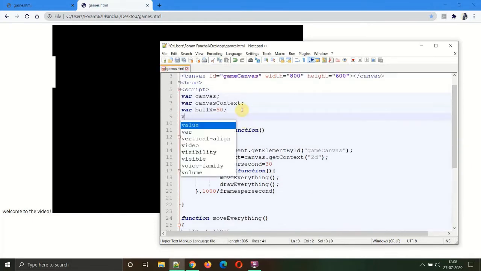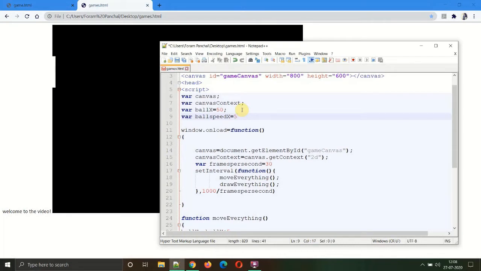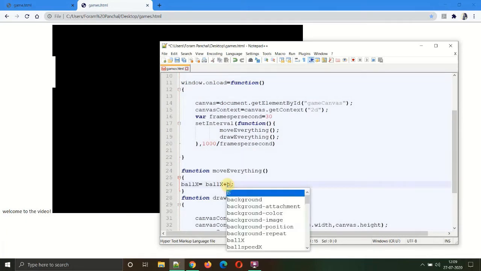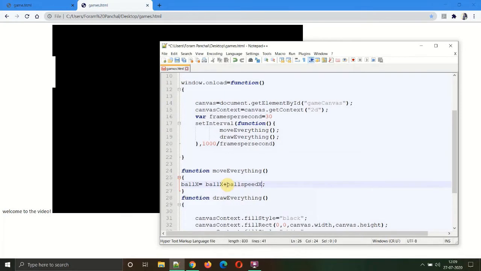So we'll be creating a variable ballSpeedX and let that variable be equal to 5 semicolon. Now we can replace the number 5 with the variable ballSpeedX. So now whenever we need to change the speed, we can just change one variable and our work is done. Save and refresh. Okay, there's no change, it's working the same.